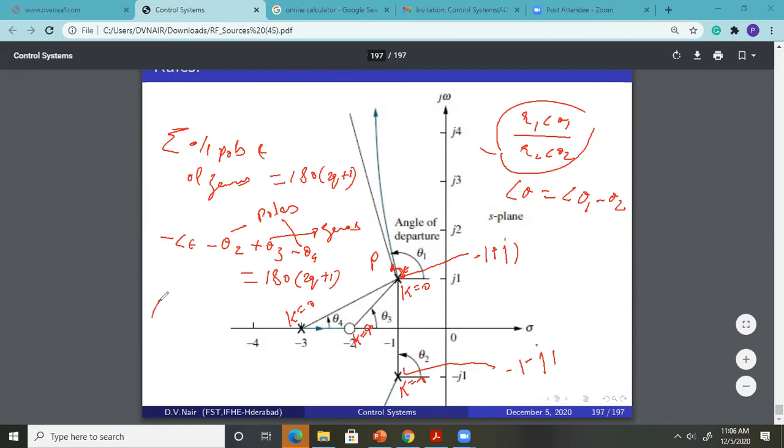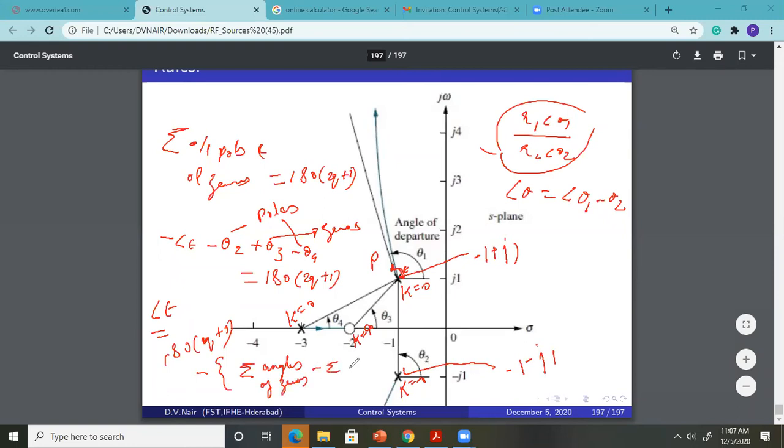So what will be angle epsilon here? Angle epsilon is called the angle of departure, because P is in the immediate neighborhood of this, and for it to be on the root locus, this angle criterion should be satisfied: the sum of angles at that point should be an odd multiple of 180 degrees. And from this, what will epsilon be equal to? Yes, 180 into 2q plus 1, minus the sum of angles made by poles, minus the sum of angles of zeros,